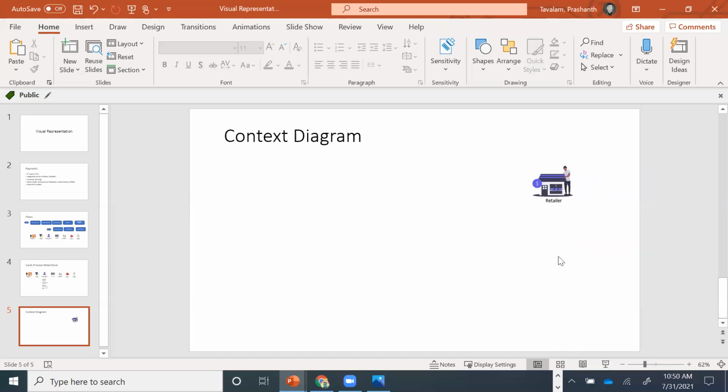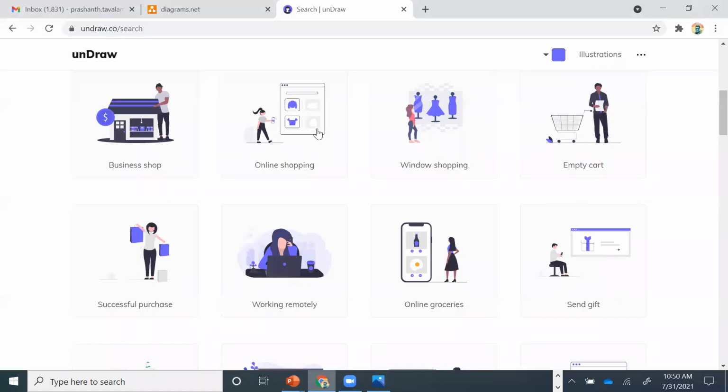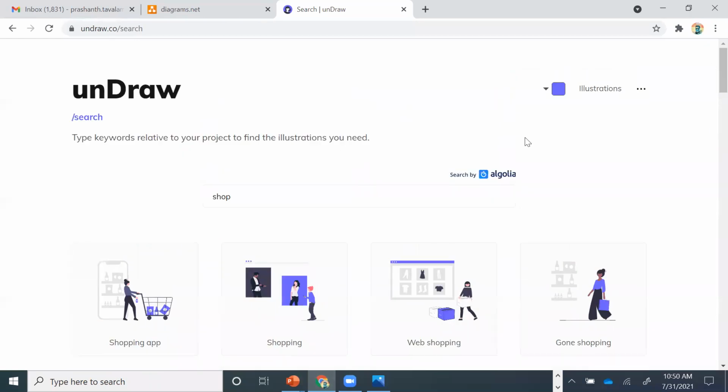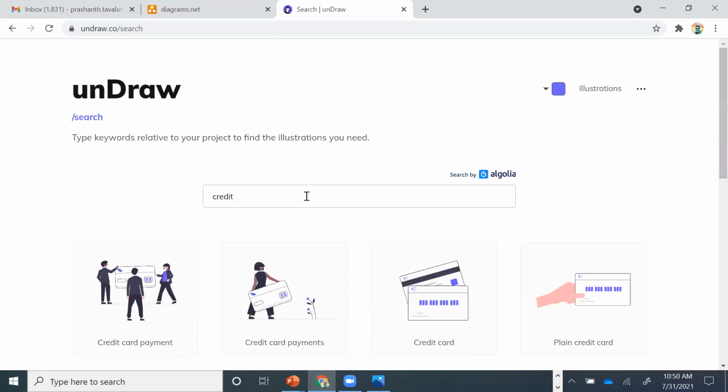slightly mundane. Okay, retailer. So tell me, who are all the stakeholders for the credit card company? Folks on the call, who are the different stakeholders for a credit card company? Or let's say credit card purchase.